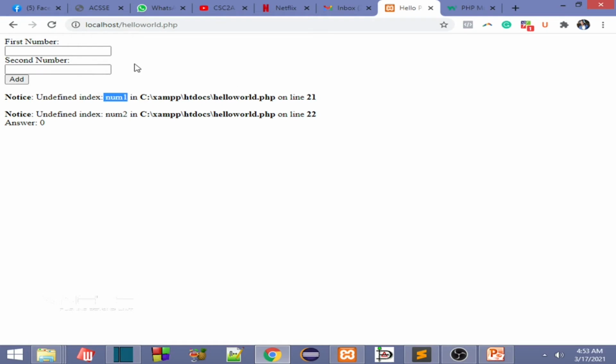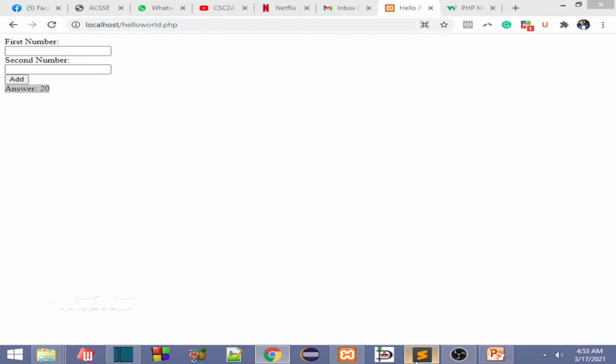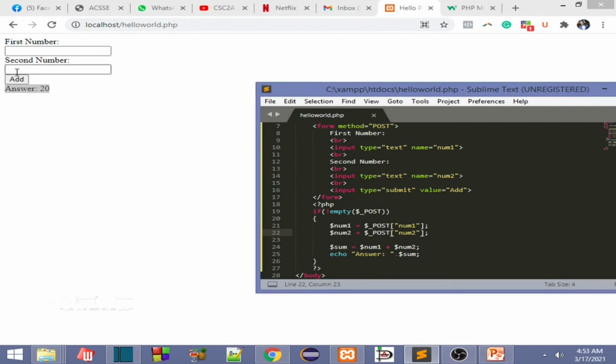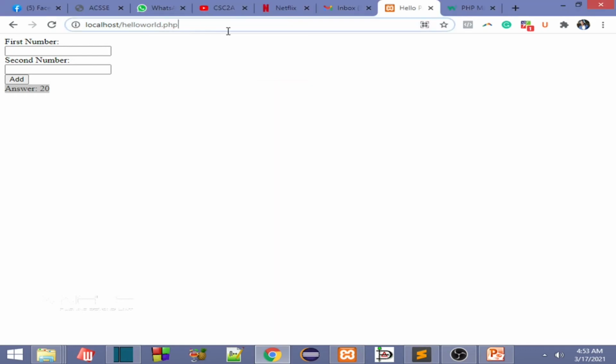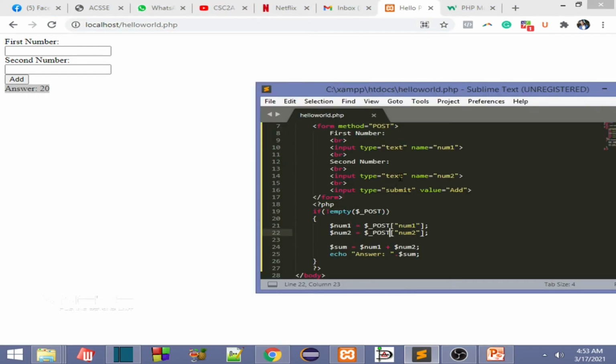All right, so now let's do it again. If I say 7 and 13, as you can see, now it displays the answer here as 20, but look at this, it didn't pass any information there. That's very good for things like passwords, whenever someone submits a form using their credentials, you don't want to show that to anyone who's near you. So in that case, for example, if we change this num2 into something like password